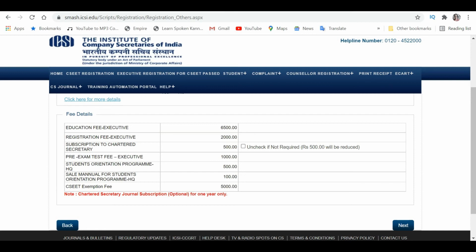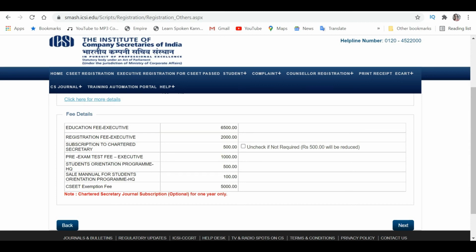The next one is something known as the pre-exam test fee. Now, I don't know how many of you all know this, but prior to you writing the exam, you have to pass something known as the pre-examination test. Now, this consists of an MCQ type of a test, and for this you will have a separate login details which you will get after your registration process, and that is 1,000 rupees which you are paying now itself.